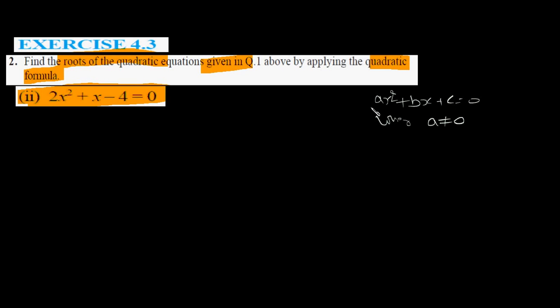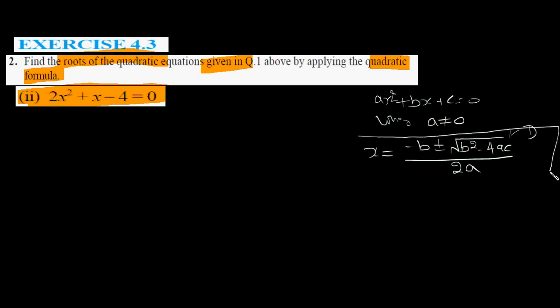So this is the standard form of a quadratic equation. Here the quadratic formula is given by x is equal to minus b, where b is the coefficient of x, plus minus square root of b square minus 4ac. You can write this as D also, because this is the discriminant inside the root, divided by 2a. So this is the quadratic formula. By using it we can find the value of x. Let us solve this equation by using this formula.